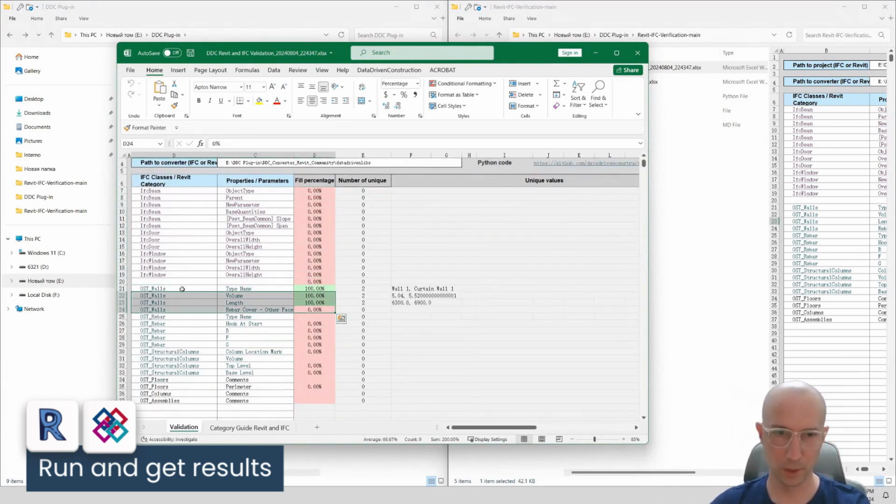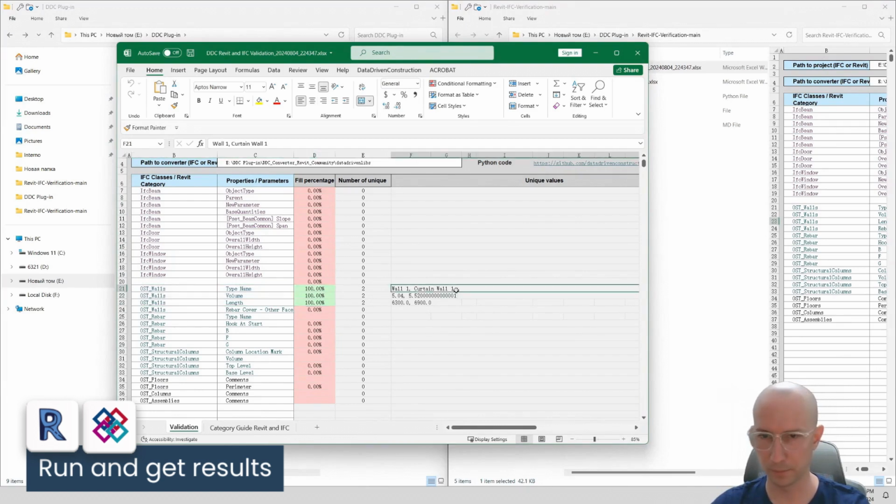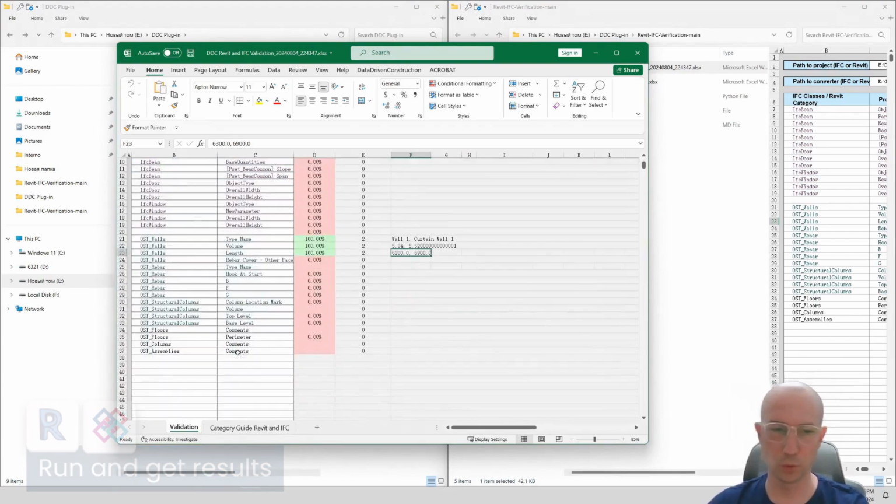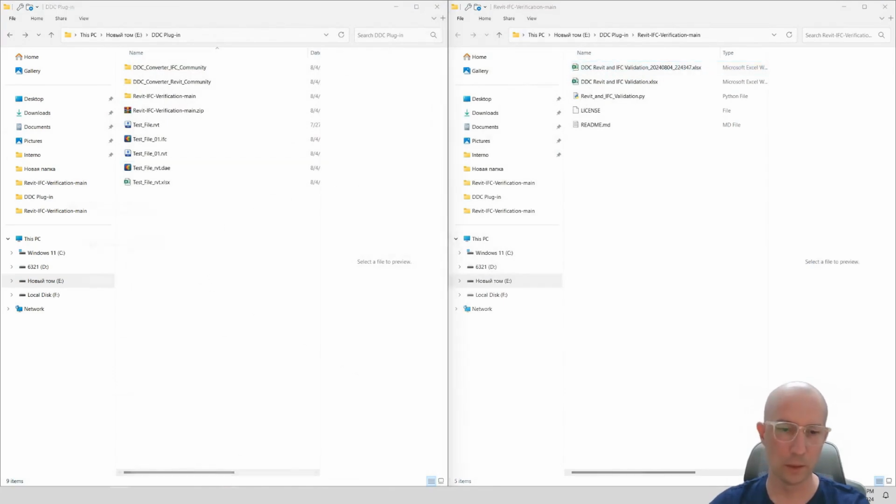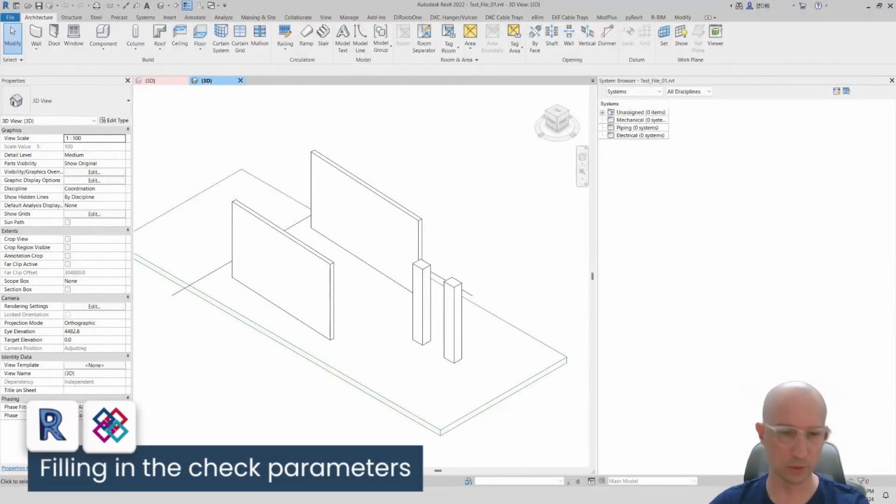The script showed that we have walls inside our file and these parameters are filled in for the walls. Here are the parameters that are filled in. Using commas, we can directly see the values themselves and then somehow process them. Now let's look at the second file and try to work with it, as it has more objects. I'm closing the table, we don't need it for now. And I'm switching to Revit.